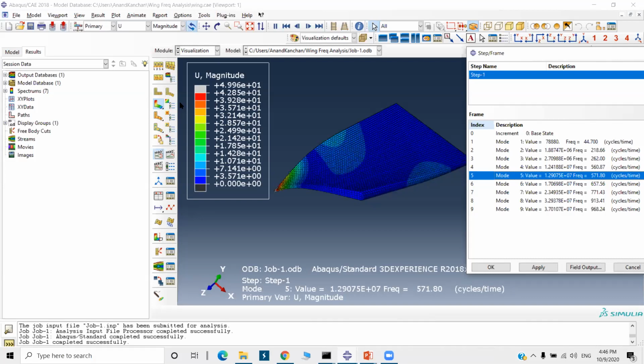And you know what resonance is? To avoid resonance, we need to know the natural frequency for a particular mode or a particular component. At resonance, the amplitude of the vibration builds up and ultimately results in failure of the component. It is also useful in NVH applications, noise, vibration, and harshness. To reduce the noise, one of the parameters is altering the natural frequency.